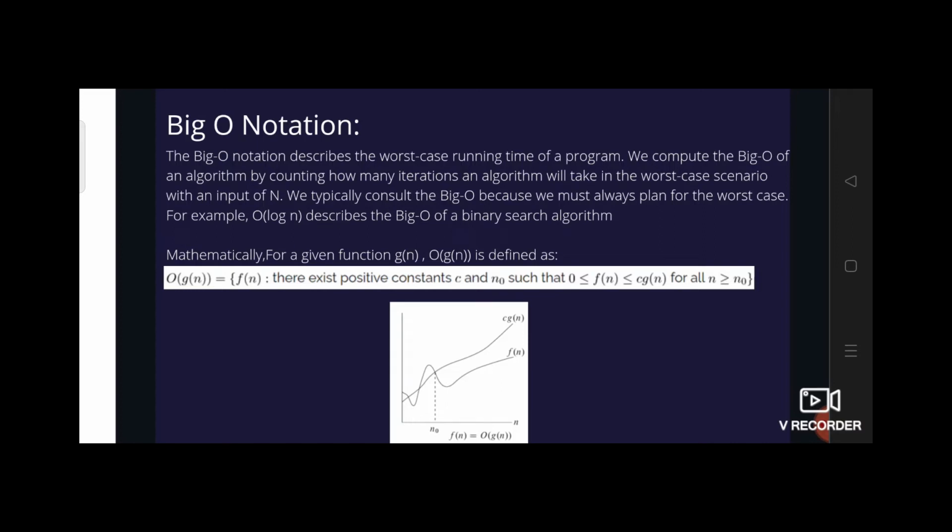So mathematically, O of g of n is defined as f of n such that there exists a c and n naught where 0 is less than or equal to f of n, less than or equal to c times g of n, for all n greater than or equal to n naught. If we see the graph here, the function f of n can't exceed c times g of n after n greater than n naught. It doesn't matter what it was before n naught. Hence, we can say there exists a c making c g of n an upper bound for f of n.